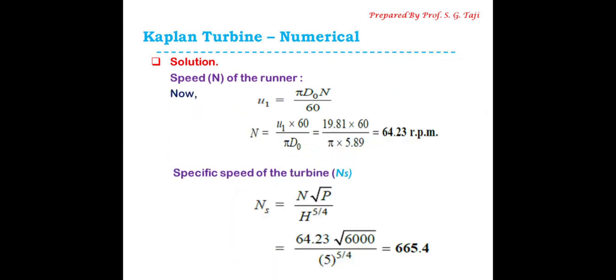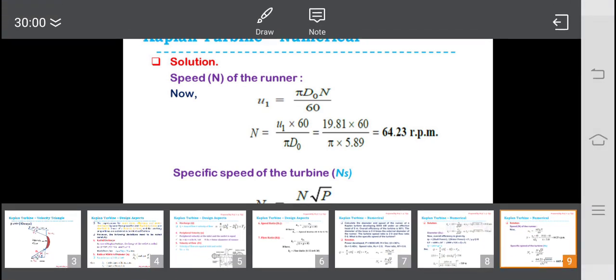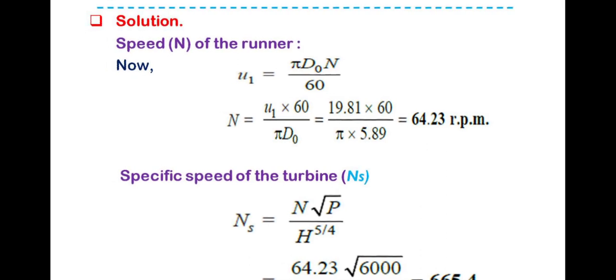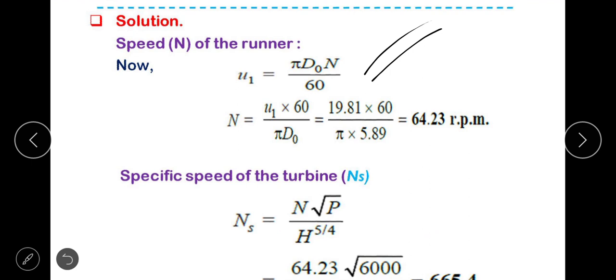Further, speed n of the runner. We know u1 is equal to pi d naught n by 60. u1 we have calculated. N is required to be calculated. d naught is just now calculated. So that we can find out n is equal to 64.23 rpm. Therefore, specific speed of the turbine ns is given by